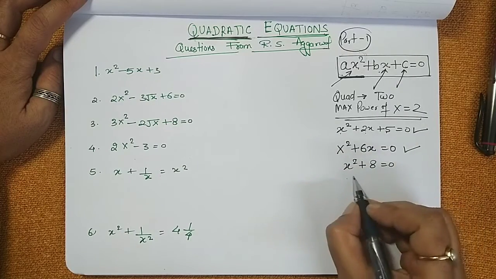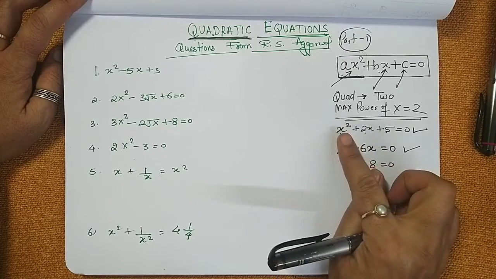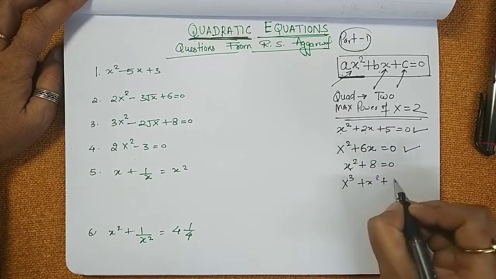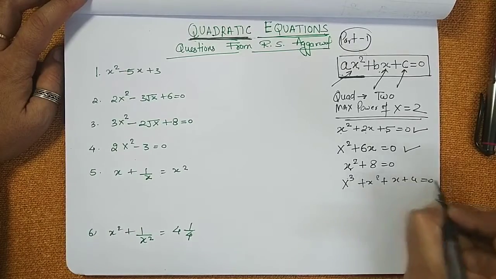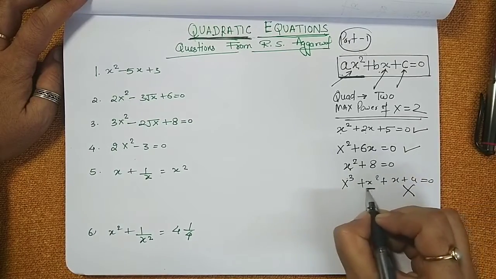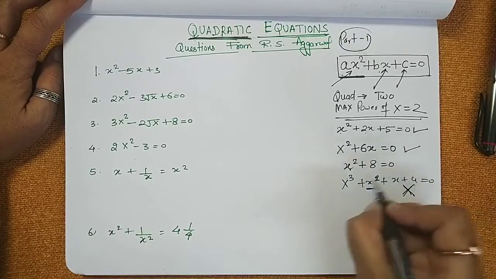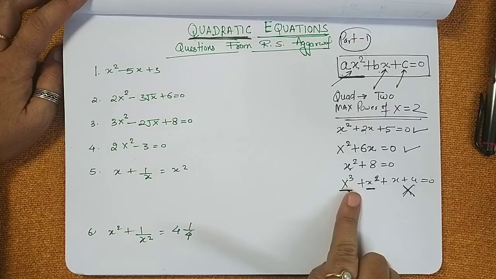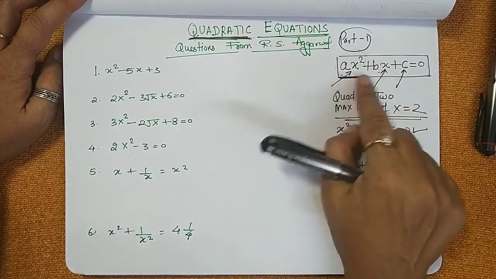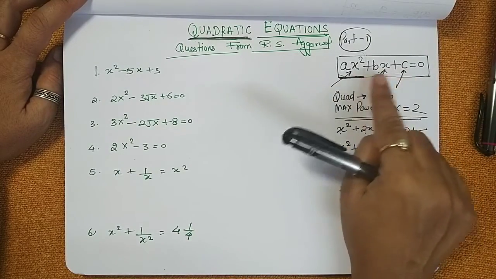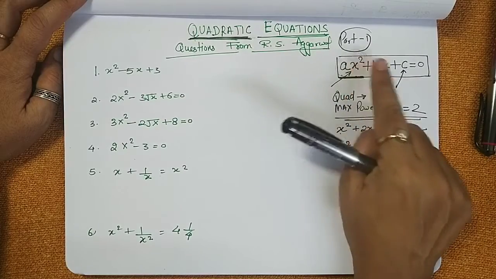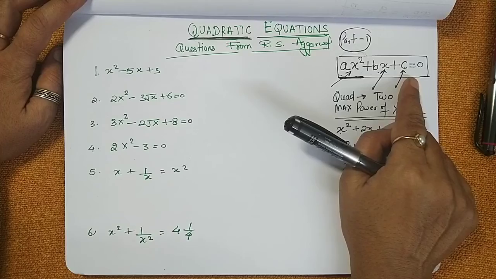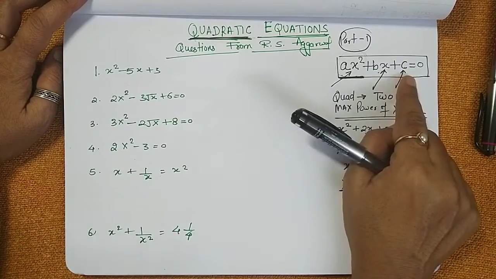So now some students will think that if x square is making it quadratic, then is this one quadratic? Guys, no, it is not quadratic. Though x square is there, it is not quadratic because now it has a term which has a higher power. I hope you understood. So in this form, these have to be there, these two may be missing. Other than these three, there cannot be any other form or any other term.